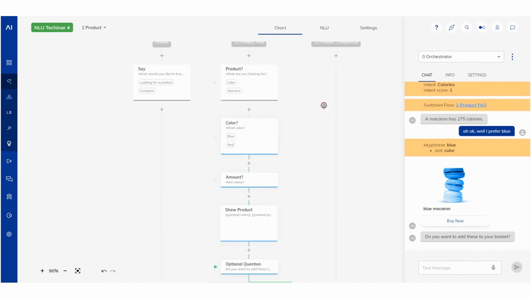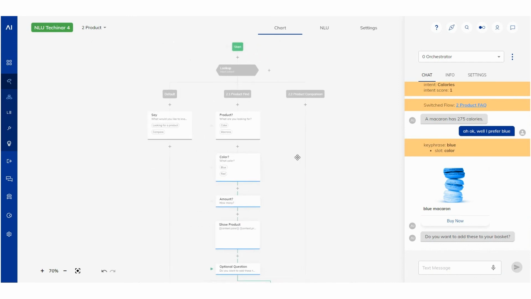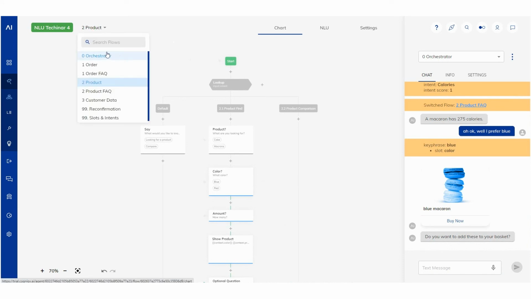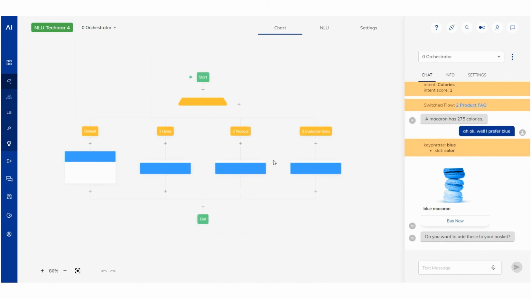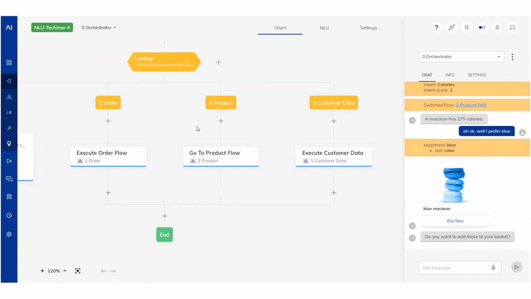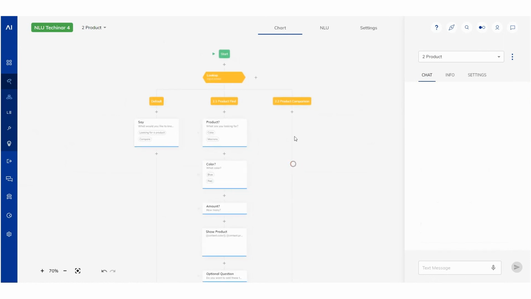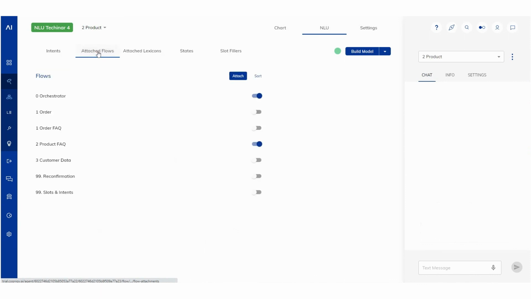And this is an incredibly powerful concept. What we just did is we have a very robust, very interesting hierarchical intent model that we execute on an orchestrated level. We delegate to a dedicated flow, a product flow, where we handle the fulfillment here. And then this flow has a contextual FAQ attached here using the attached flow mechanism.